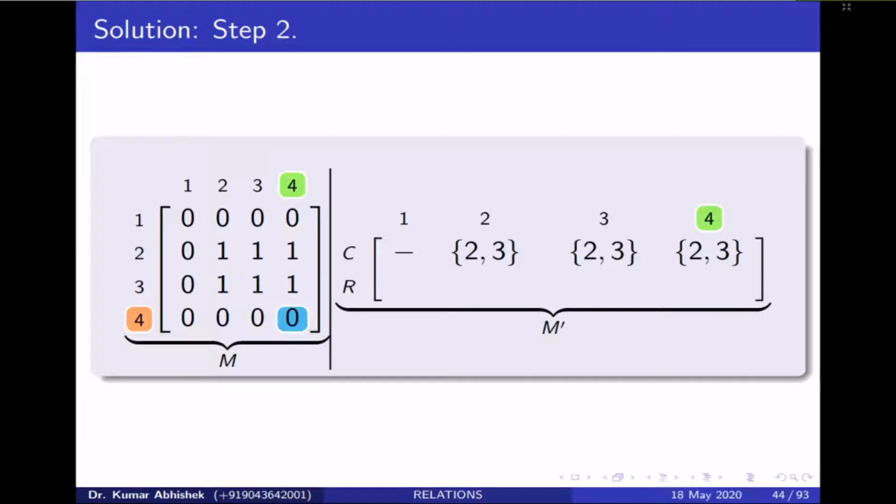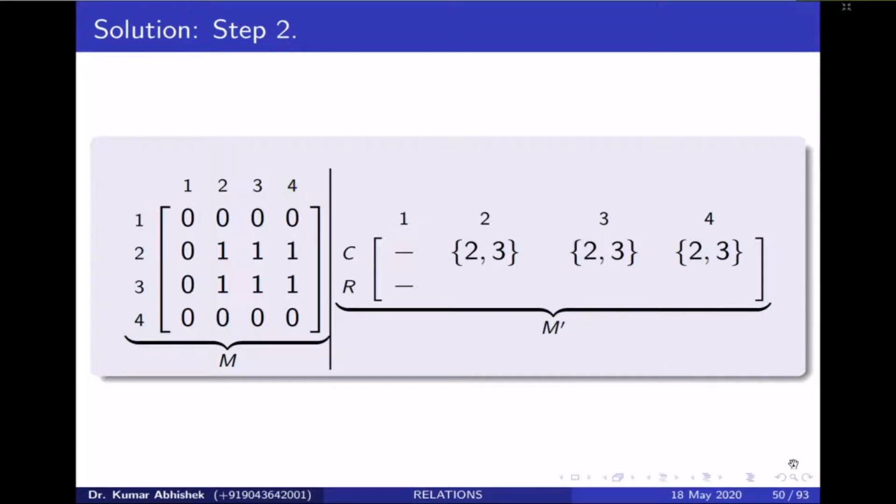Now to fill the entries of the second row of M dash, we will move along the columns of M. Here I have fixed row 1 and I will move along the columns along row 1 and record the positions where we encounter a non-zero entry. You can see here that all the entries along row 1 are 0, so there is a blank entry appearing in the first column and second row of M dash.